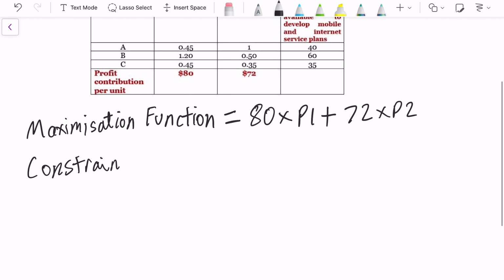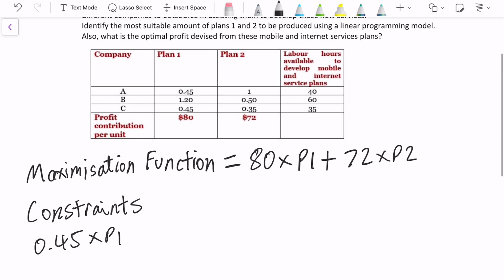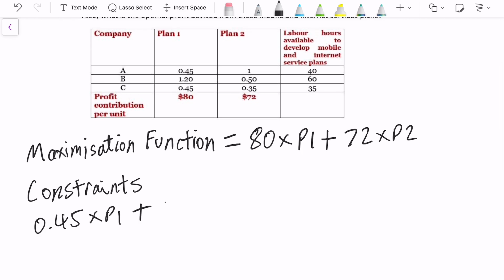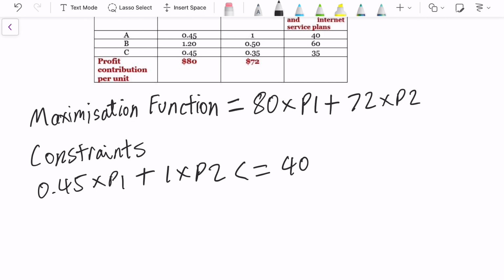Our first constraint, for company A, would be 0.45 times P1, that's how long it takes to develop plan 1 for company A, plus 1 times P2 is less than or equal to 40, because that's the labor hours available to develop these plans for company A. Company B would be 1.2 times P1 plus 0.5 times P2 is less than